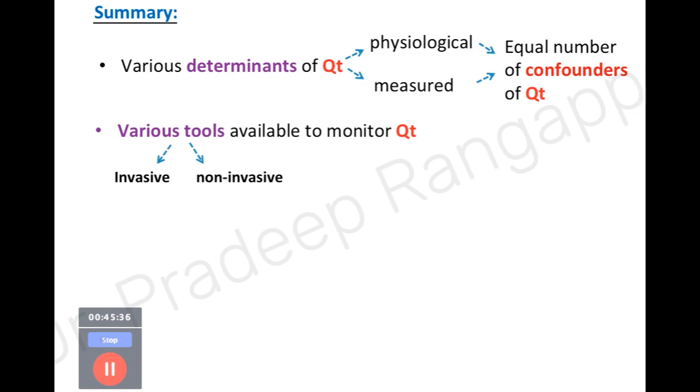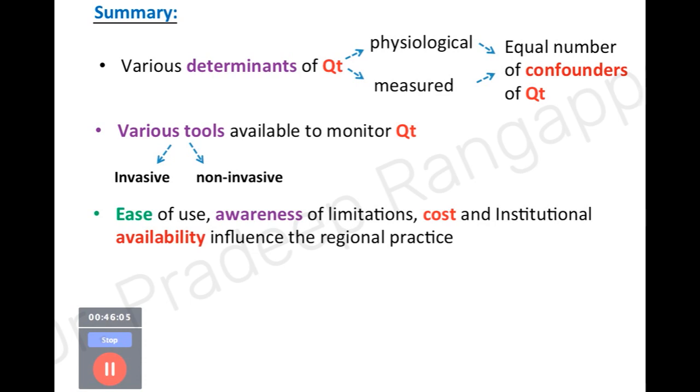So there are various tools available to monitor cardiac output, and we went through all of them, invasive and non-invasive. Nowadays the popular ones that we tend to adopt are the least invasive ones, and for me the most useful would still be the echocardiogram. It is a much easier way, or FloTrac is being used because that's the simplistic way. You just put in an arterial line and connect to the probe, and it gives you stroke volume variation and systolic pressure variation. So what determines which tool you'll pick is ease of use, awareness of limitations, and obviously in India it is important to understand the cost, because PICCO usage can be quite expensive, and institutional availability, which influences